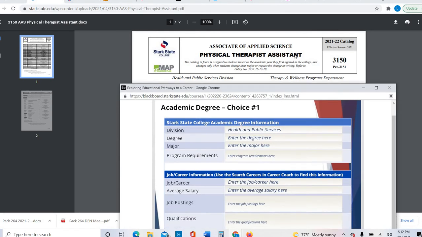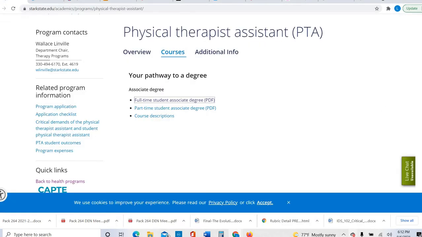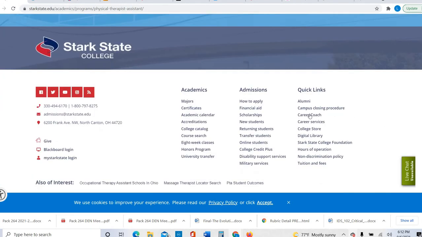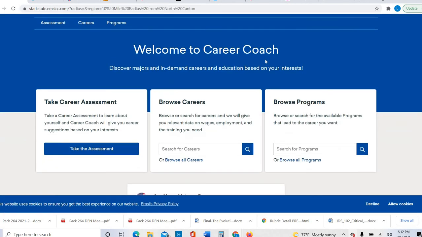This bottom half information is going to come from Career Coach. So I'm going to show you where that is. I can go back to my college page here. Doesn't matter. If you're on the home page, you're just going to scroll down, and here's Career Coach right here. I'm going to come in here, and you're actually going to use this in a little bit for the assessment, but for this purpose, I'm just going to have you go to search for careers